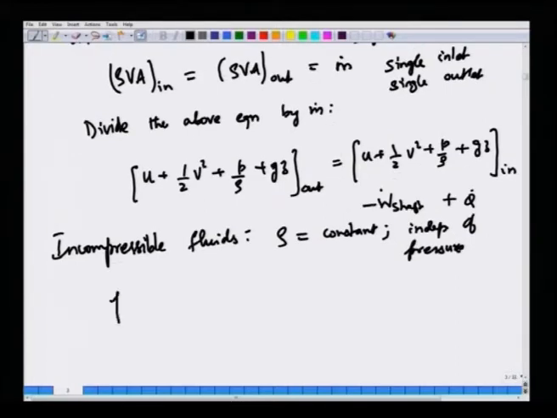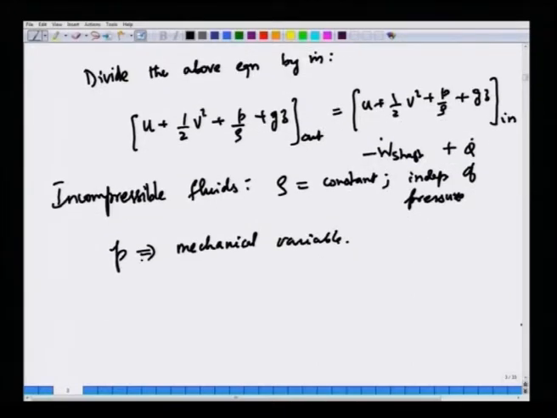In such a case, the pressure P is purely a mechanical variable, it is not a thermodynamic variable, whereas U, the internal energy, is a thermodynamic variable. So, you take U to the other side